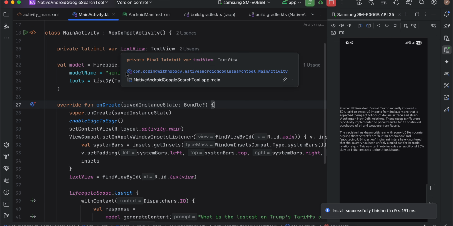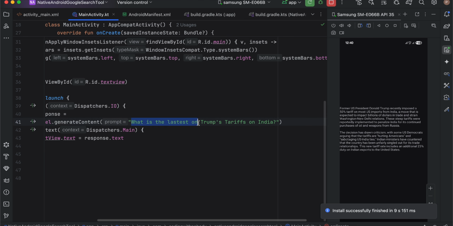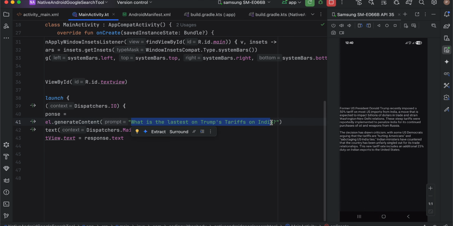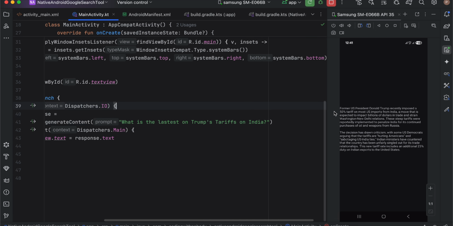I'll explain the code later on, but here I am asking the LLM model what is the latest on Trump's tariffs on India. The tariffs on India by Donald Trump change frequently, so I want the latest news. It would be difficult for the LLM to keep up because this information changes every single day. So as soon as my app launches, I'm asking this particular question, and with the help of the Google